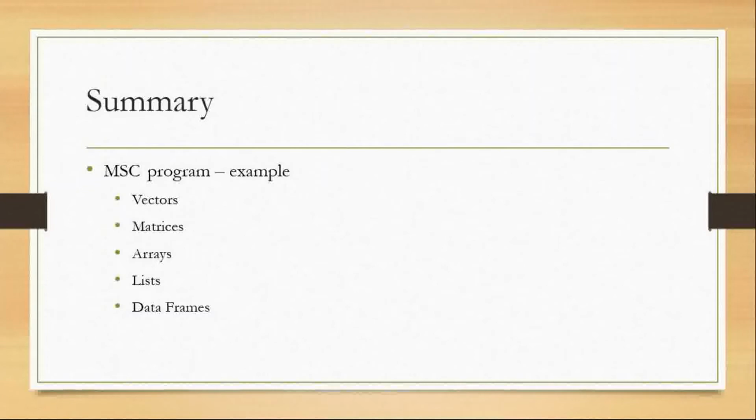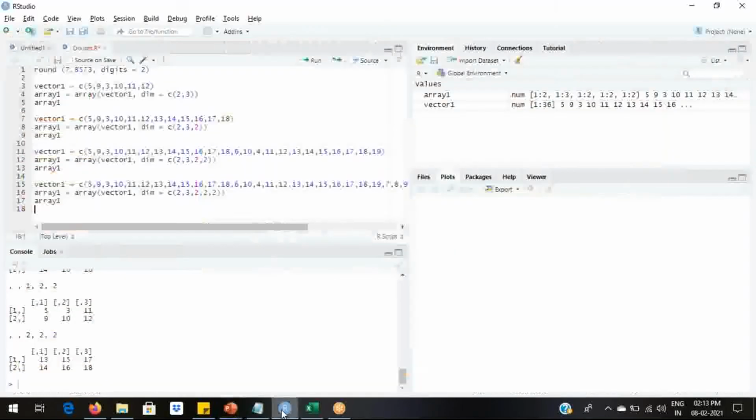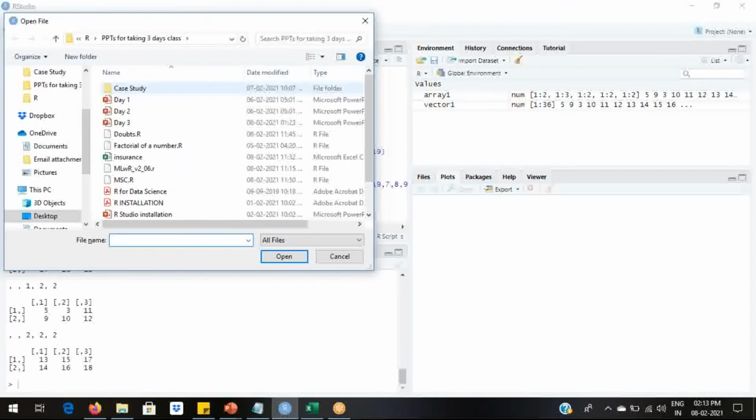We discussed 5 major data structures: vectors, matrices, arrays, lists, and data frames. Now let's see the example which will help summarize the data structures in our topic.